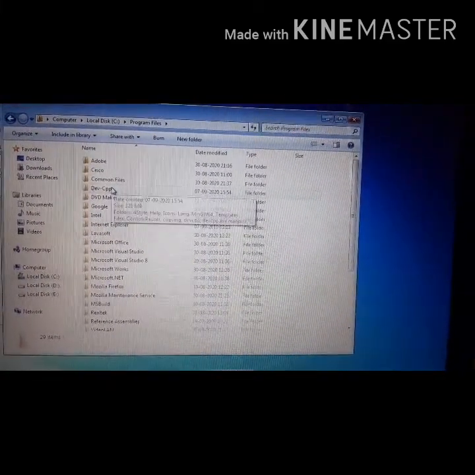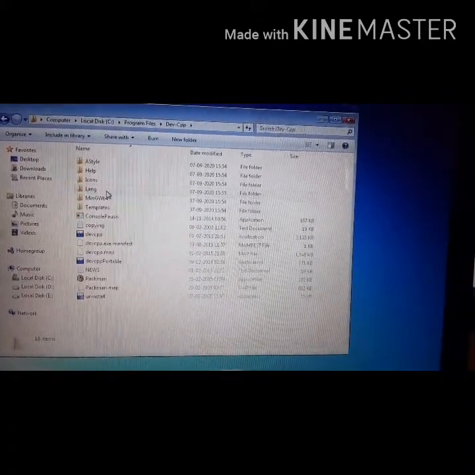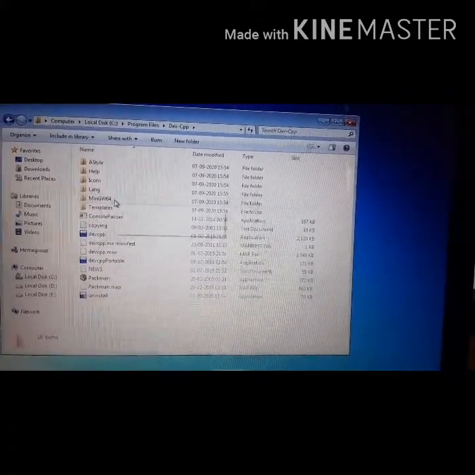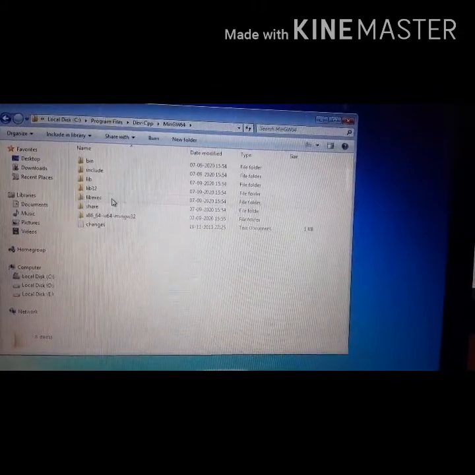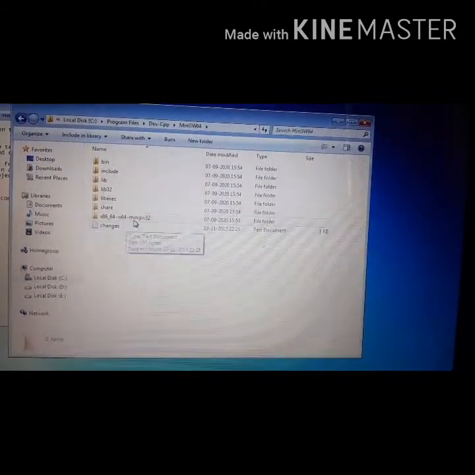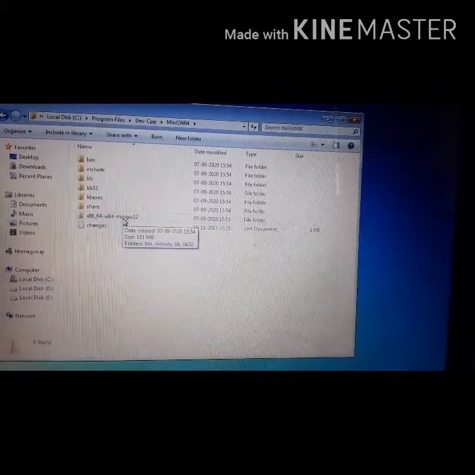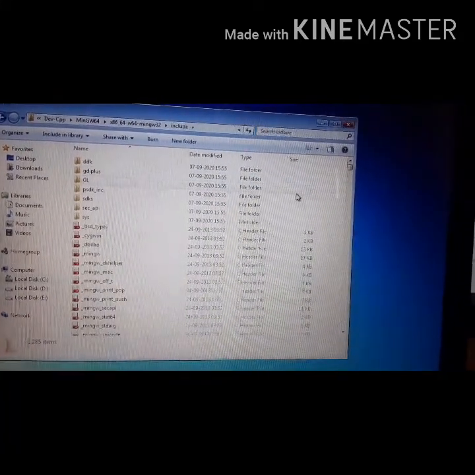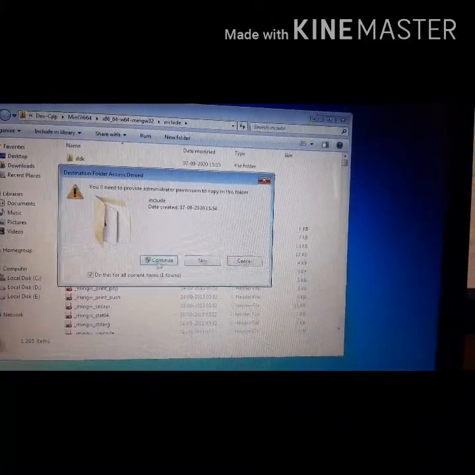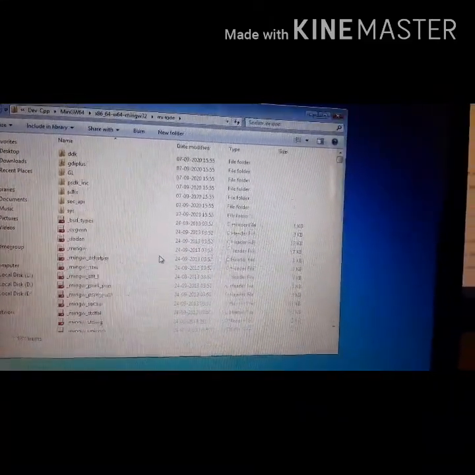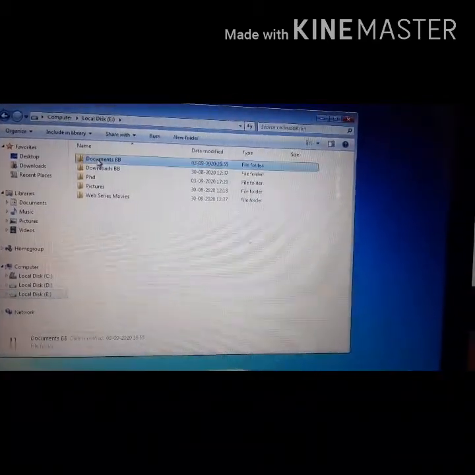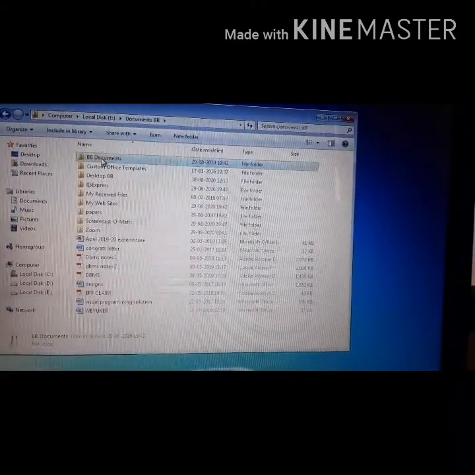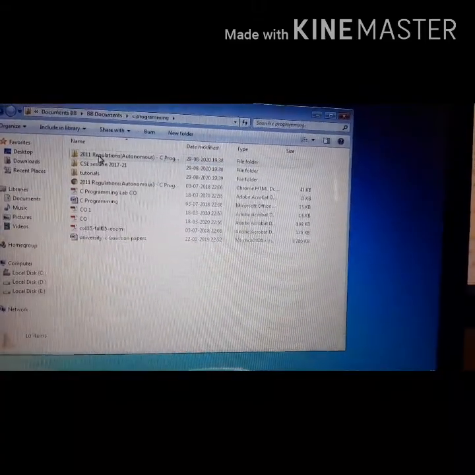In the program files I am going to Dev-Cpp, here MinGW64, then inside x86_64, and inside the include folder. Here I will simply paste whatever I have copied. Continue, fine. Then again I will return to where I was.